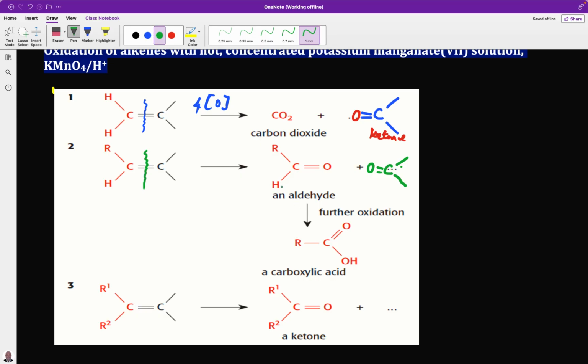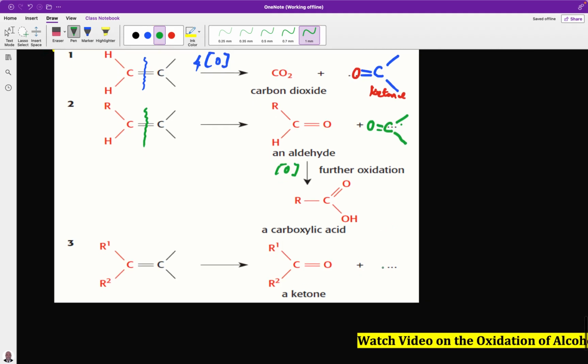There will be an OH that will be attached here. So that is how it is, and that is why it results in this carboxylic acid. There's an alkyl group, we don't know. It could be ethyl, propyl, butyl, we don't know. So it results in a carboxylic acid. Number three,